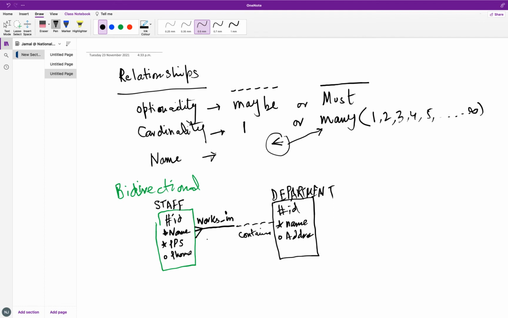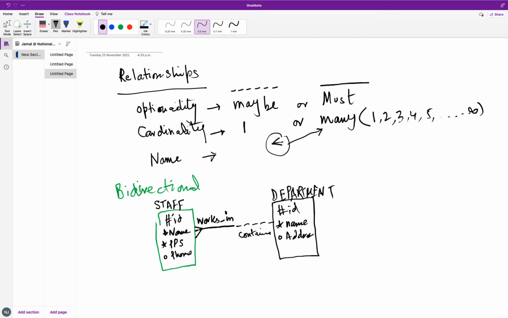Okay. So now this ERD in terms of staff and department is complete. We have defined two entities. We have defined their attributes with their optionality, with their UIDs, and then for relationships we have defined 6 things. 3 from this side for this entity, for staff, 3 for departments. Okay, so if you can speak a straight sentence for this relationship, it means that you have successfully completed, like